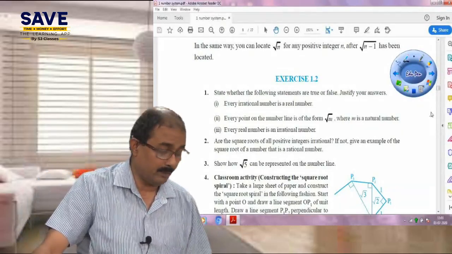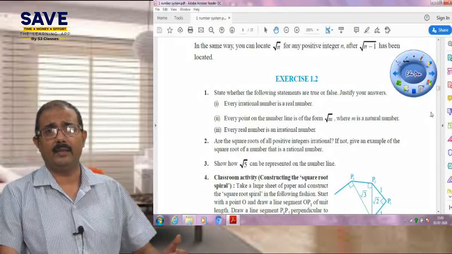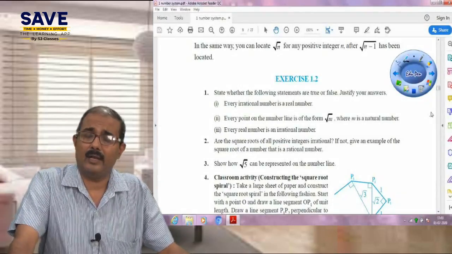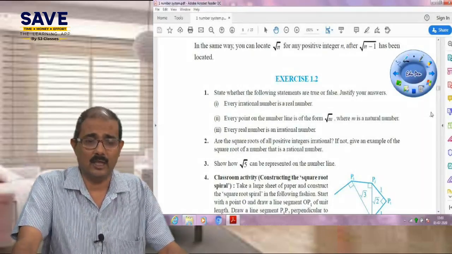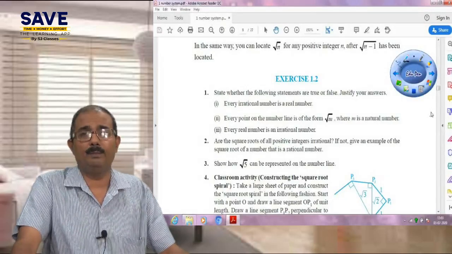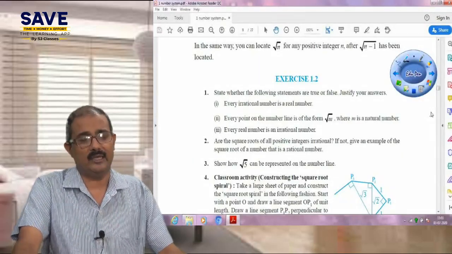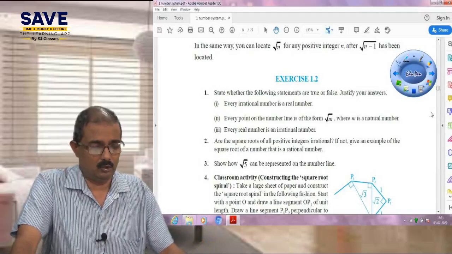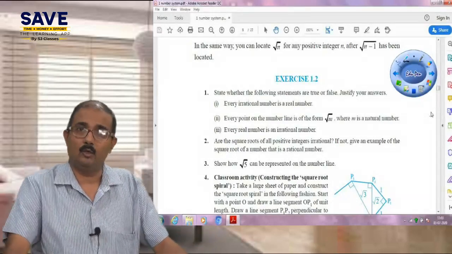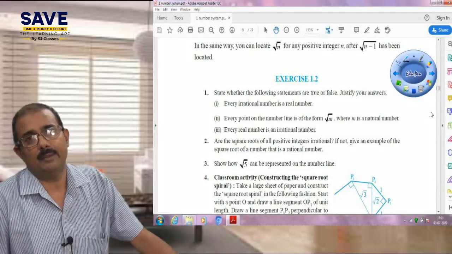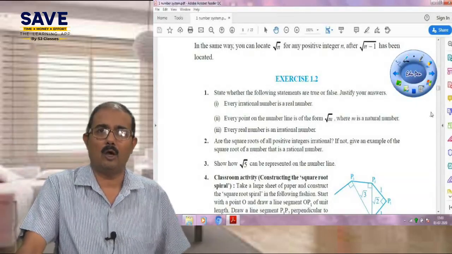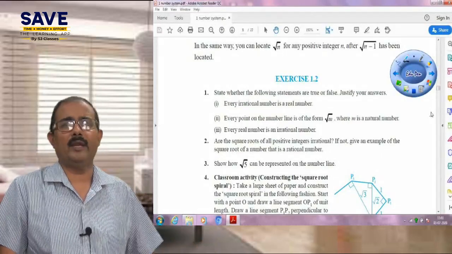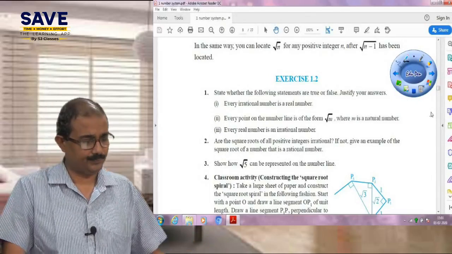Now if you see question number 1 of exercise 1.2, I am taking this exercise also in this lecture, because the first 2 exercises are very easy. I am trying to be brief in each lecture so that you understand quickly and have a good command of these questions. Always do the NCERT book first, and after that you can follow my assignment, which I will discuss in the lectures, or you can do any other book.